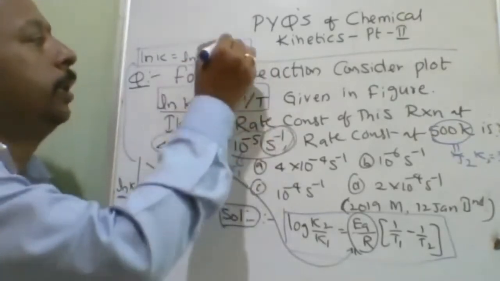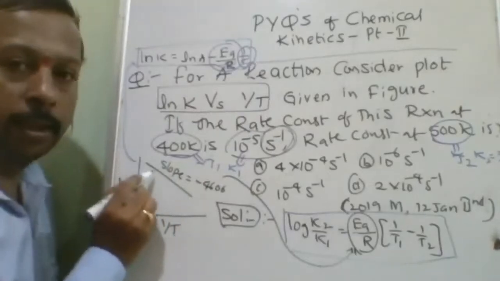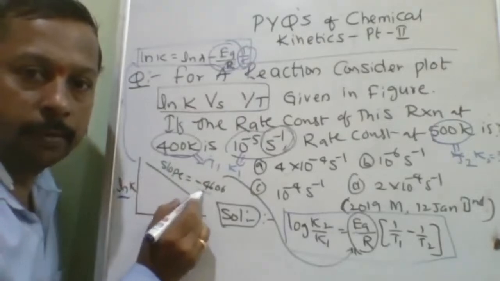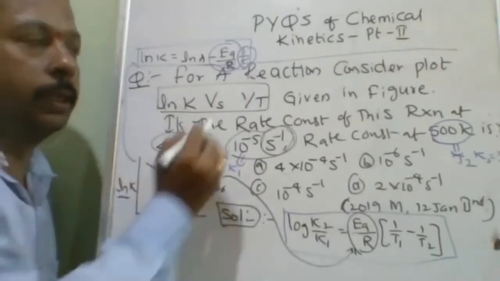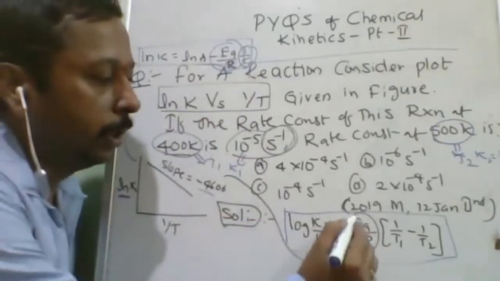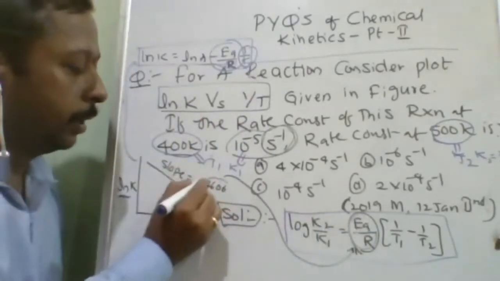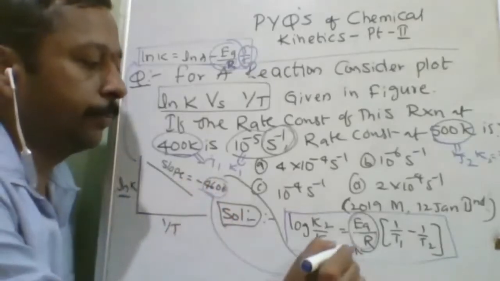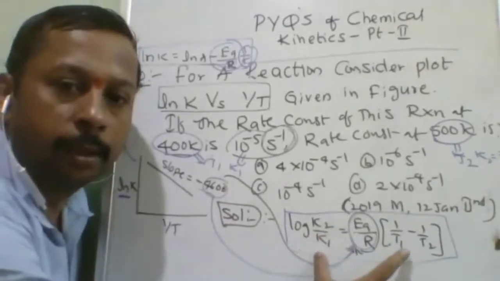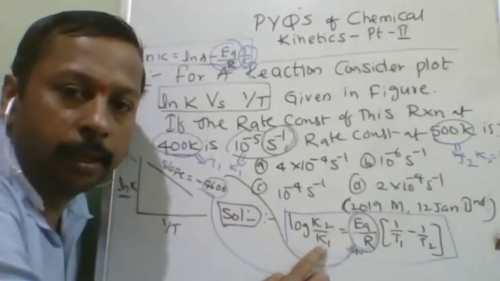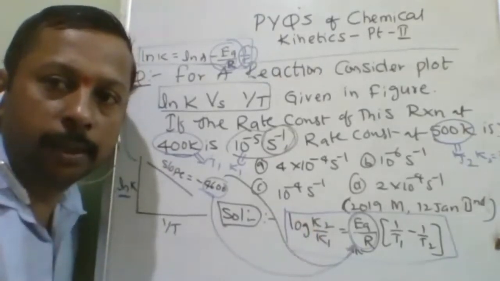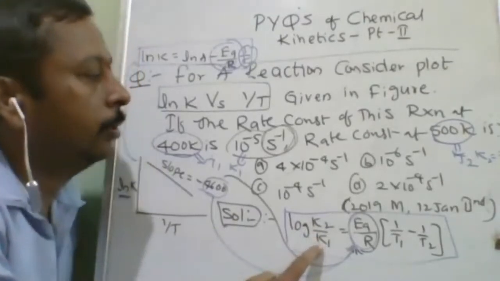So minus Ea by R. See, already this line is coming down. So negative slope. What does it show? It shows the negative slope. Minus 4606 is equal to what? Ea upon R. So here Ea upon R, from this graph I can write 4606. Is it understood? In this equation, listen carefully. K1 is already given, K2 you have to find out. K1 is already given. How much is it?